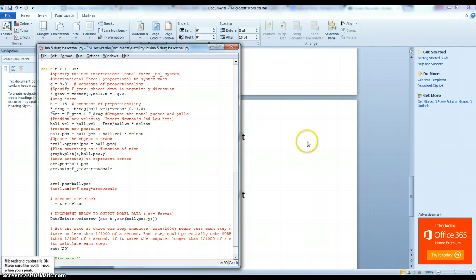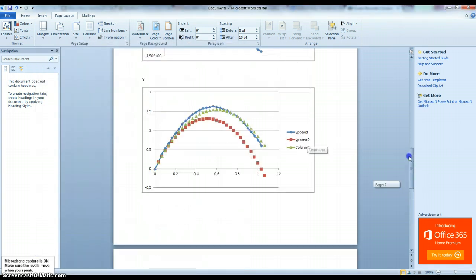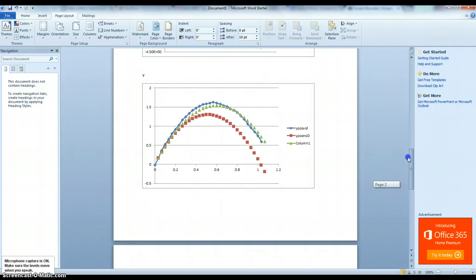So then we extracted this data, and this is what we got. And since the x is constant, we're not really going to look at that. We're just going to pay attention to the y. So originally, we have the tracker data in blue, and I did one simulation with no drag, which you can see here in the red, and then I did one simulation with drag, which you can see in the green, and the green is pretty close to the blue position data,